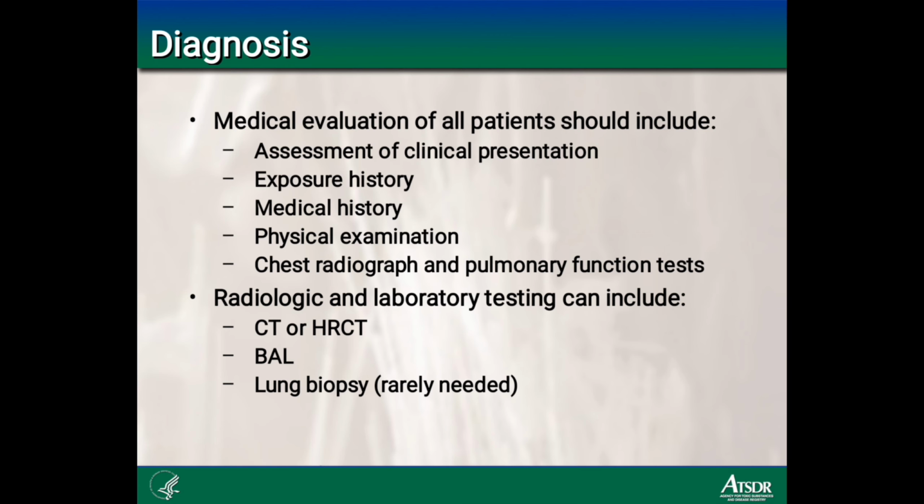So we're gonna see the diagnosis of asbestos-related diseases. First of all, we have medical evaluation of all patients. It should include assessment of clinical presentations, exposure history, medical history, physical examination, chest radiograph, and pulmonary function test. And secondly, we have radiological and laboratory testing, which can include CT, HRCT, BAL, lung biopsy,